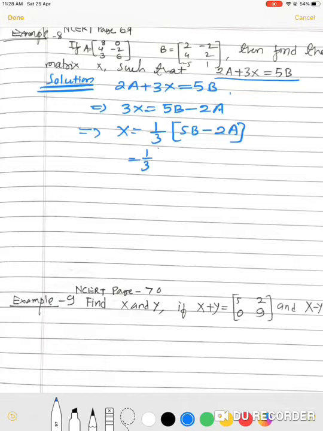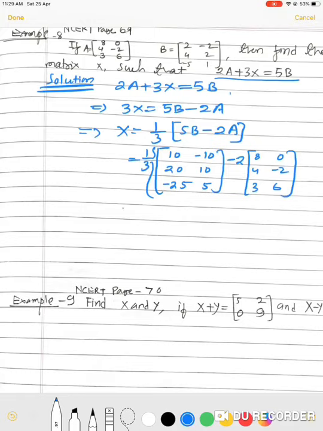Now, 5B minus 2A. One upon 3 of 5B. 5B means 10, 20, 25, 5, minus 2 times 8 0 4 minus 2 3 6, is equal to 1/3